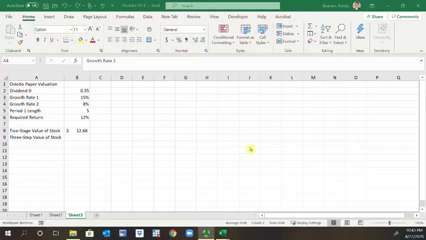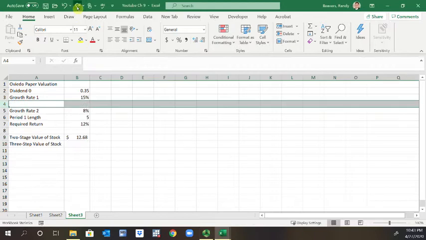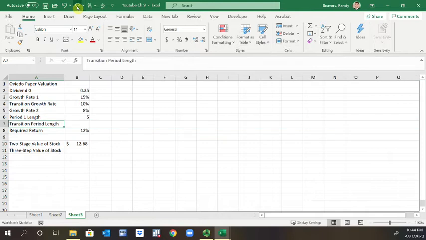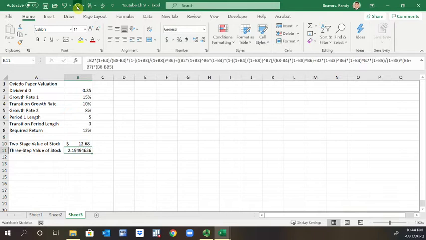All right, the three-step model. Pretty complicated, but here we go. So let's suppose we have a transition growth rate of 10% and a transition period length of, excuse me, of just 3. So what we will do